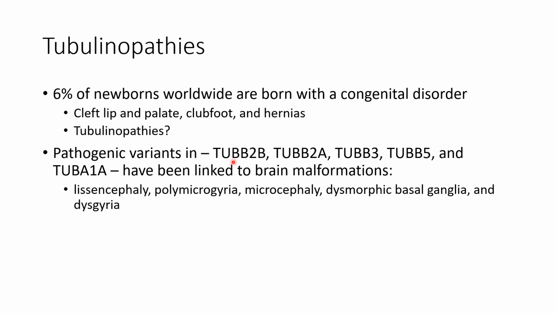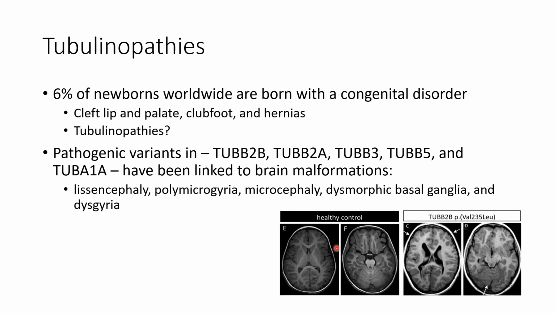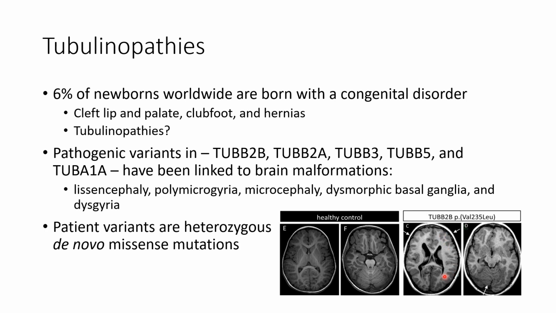Pathogenic variants in various tubulin genes have been linked to a spectrum of brain malformations. At the bottom, we can see an MRI of a healthy brain, and to the right, an MRI of a brain with a mutated Tubb2b, where you can see dysgyria or abnormal folding in the brain. Finally, in virtually all cases, patients have heterozygous de novo missense mutations, and that indicates a possible dominant negative disease